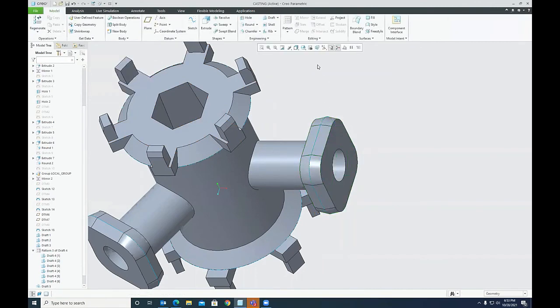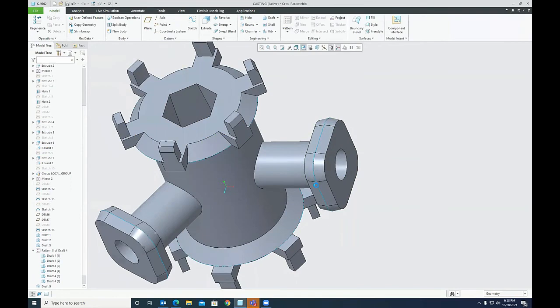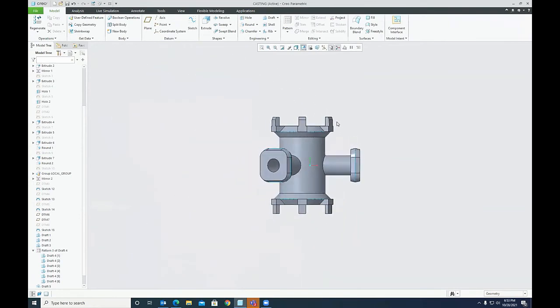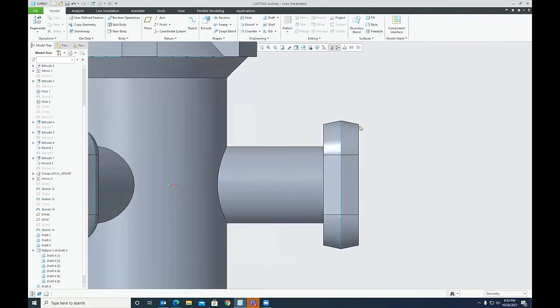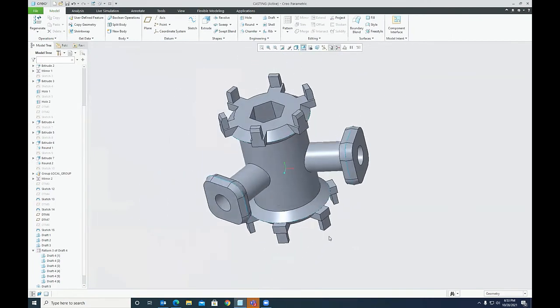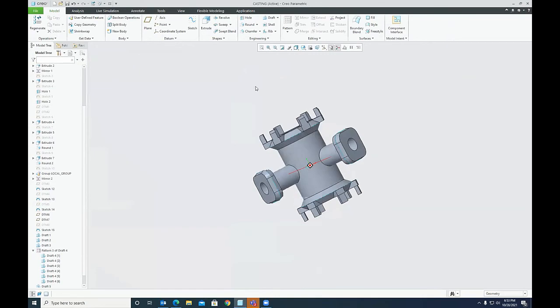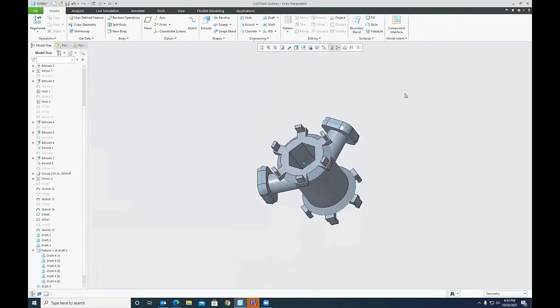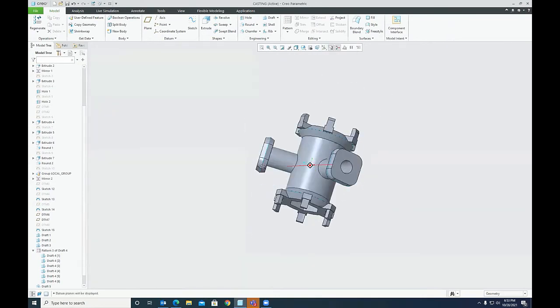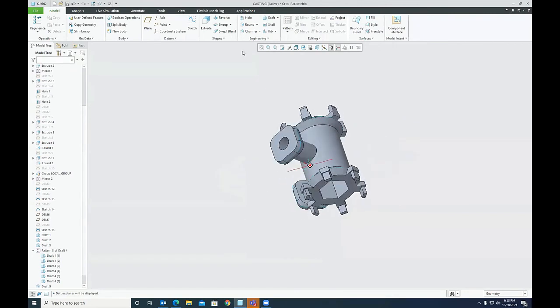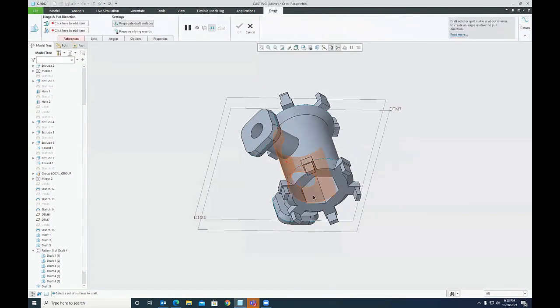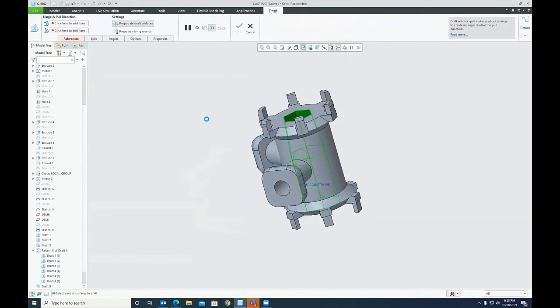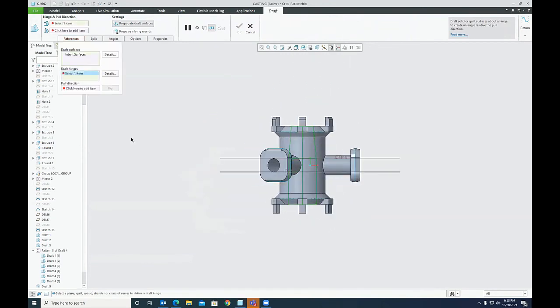And so now we can see in front view that draft is symmetrically opposite about this middle entity. Then over here, I enable the display of planes, and for drafting I would pick this intent surface, and the draft hinge is this plane.